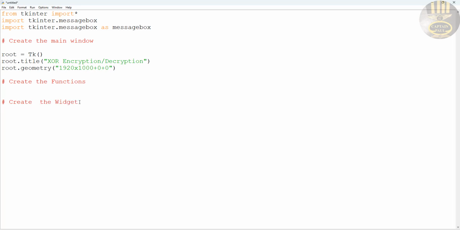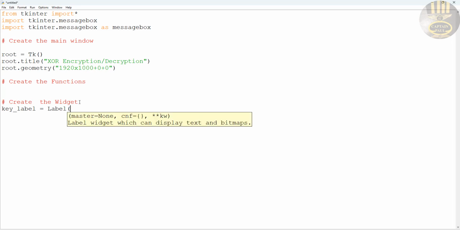All right, now the very first one that I'm going to create will be the one I will use for my label. So let's say key underscore label. That is going to be equals Label. The widget is a label, and in there is resident inside the root. Then I'm going to set the font that will be equals Arial. Then the size is going to be about, let's say 24. Make that bold, and the text on it